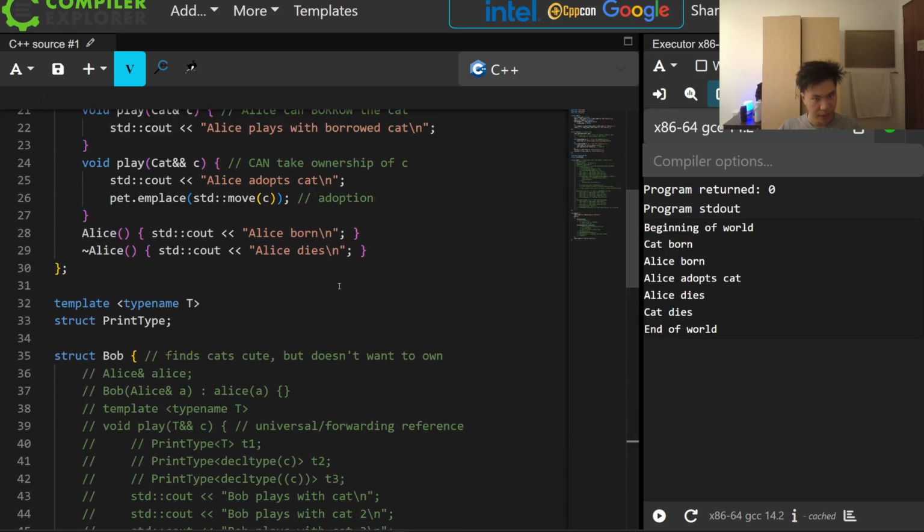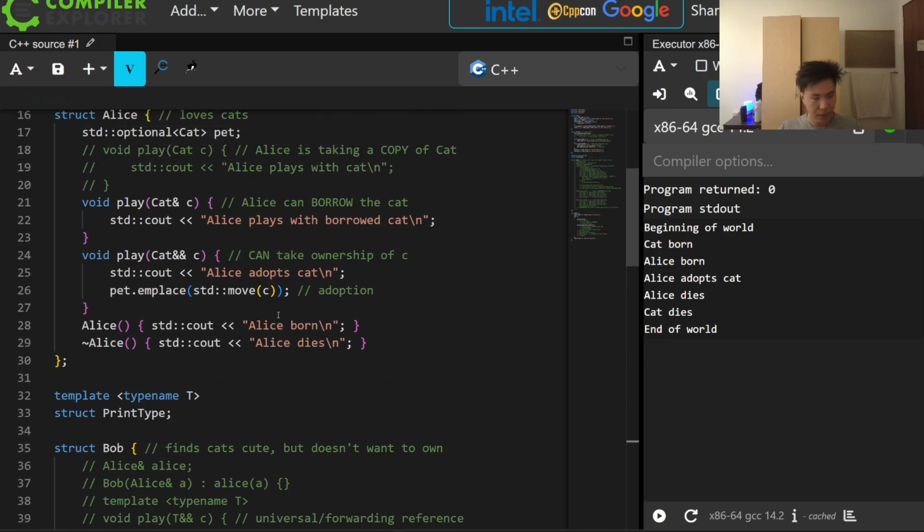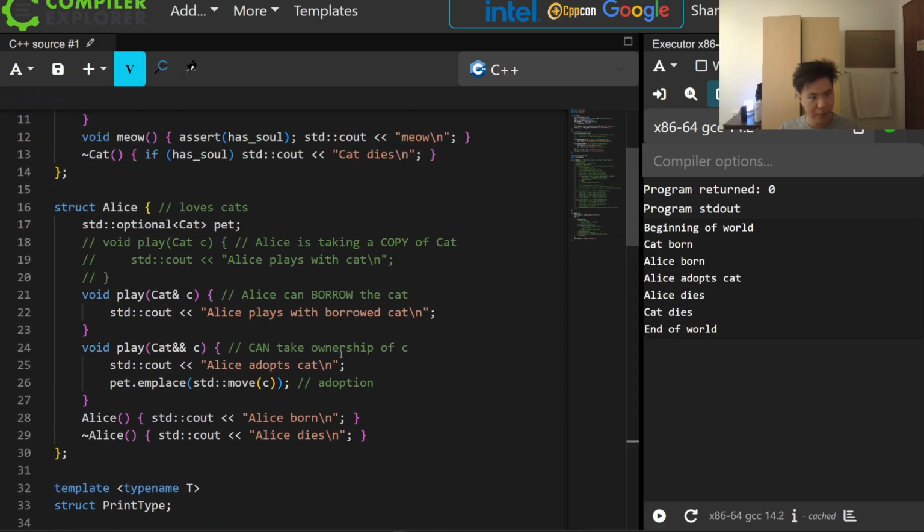Okay, that's great and all, but I would like to pause a little here and emphasize why this is important. You may already know this if you are familiar with move semantics and the ownership model, but the reason why we like to have different scenarios, different overloaded methods over here, where one indicates that Alice can borrow the cat, and one where she can take ownership of it,